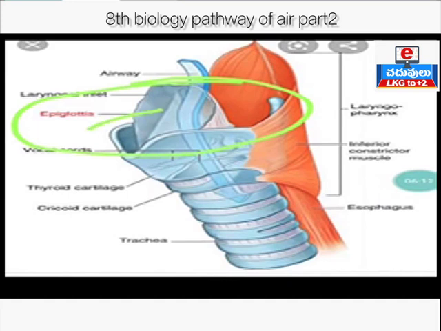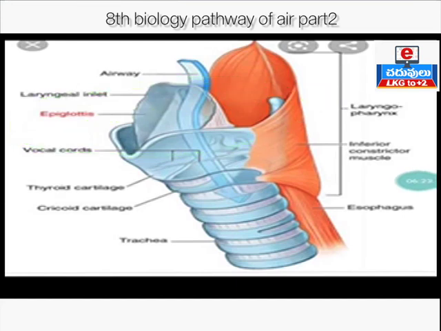one posterior surface. That means the forward facing is anterior, and the backward facing is posterior. In the epiglottis, you can maintain two surfaces, the anterior surface and the posterior surface. The anterior surface is called forward facing, and the posterior surface is called backward facing or the rear. In the anterior surface of the epiglottis,